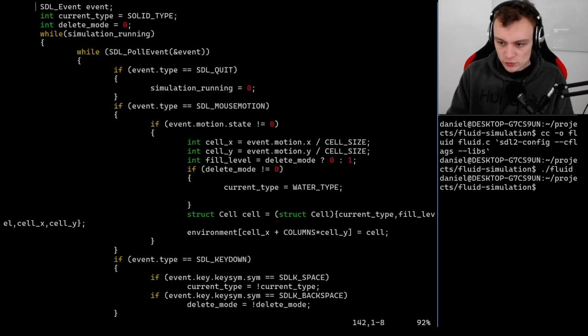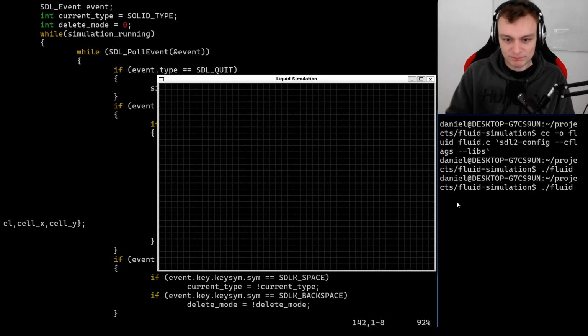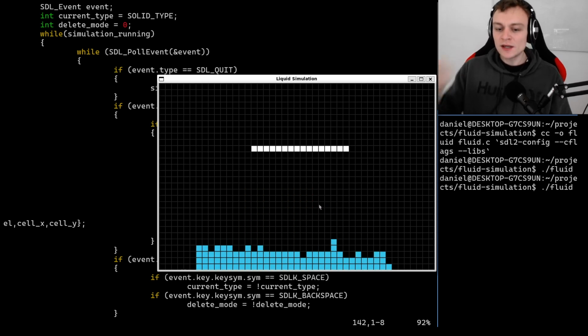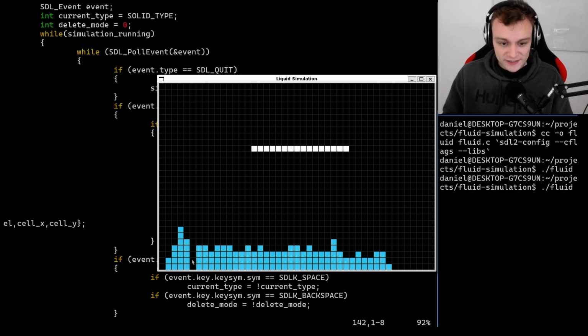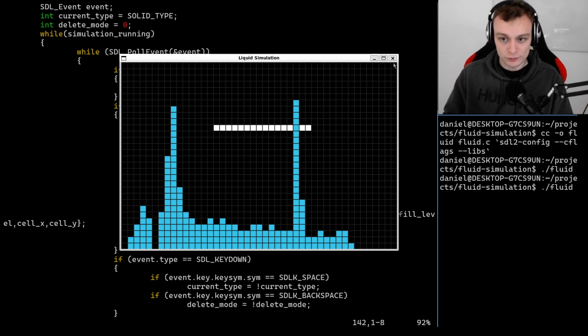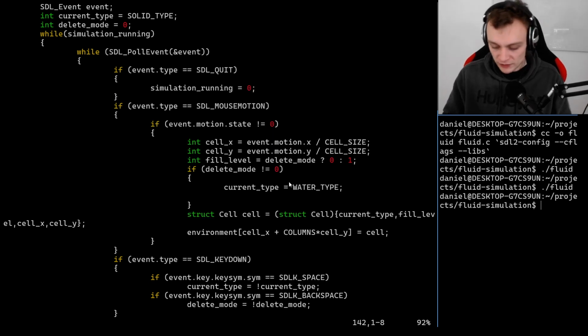We are right now at the stage where the fluid simulation looks like this. So we can draw solids, and by pressing the space bar we can also draw a bit of the fluids. But of course it's not really sophisticated yet. As you can see, the fluid is not flowing to the side. It is only stacking up, and it's behaving weirdly in places. Yeah, so this so far is just a proof of concept,